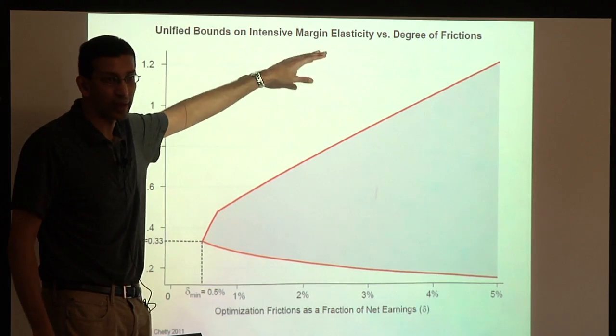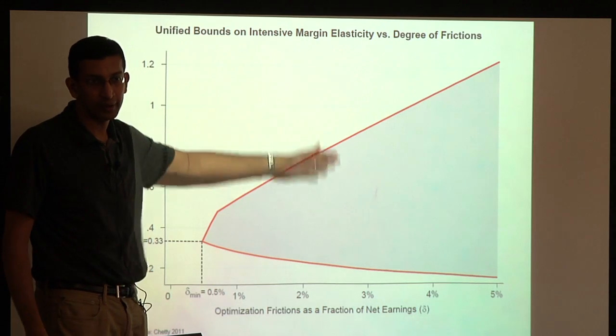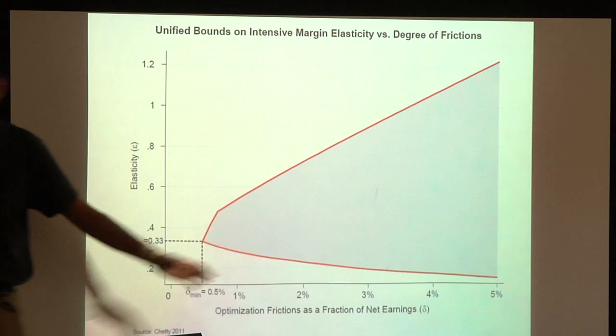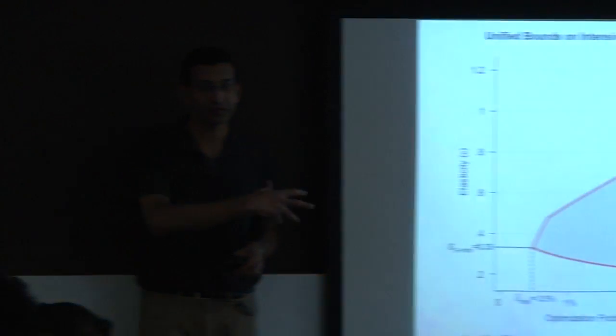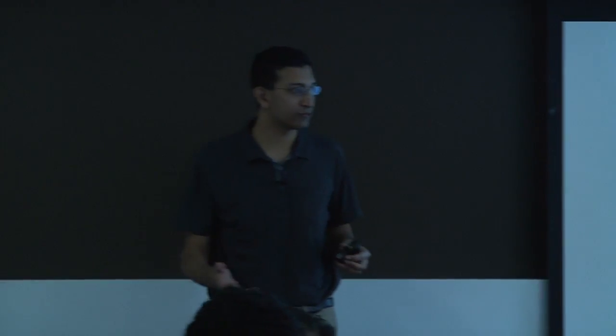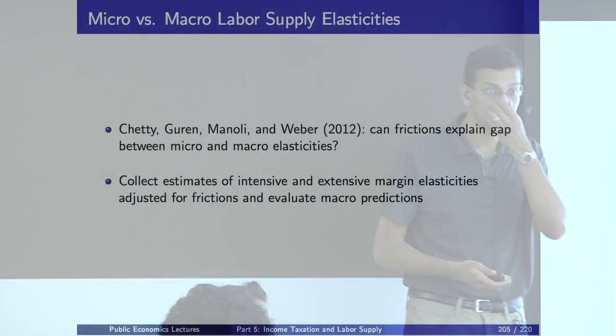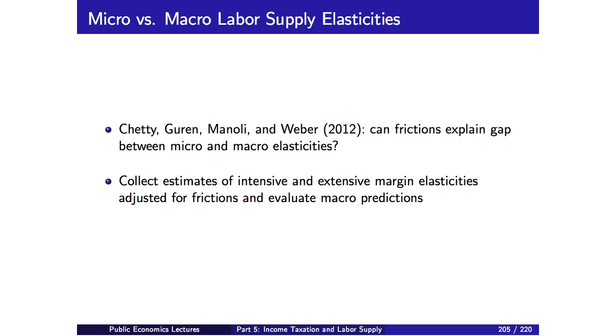In particular, you can rule out elasticities well above 1, and below like 0.15. And that actually rules out some parameters that people use in the literature, like macro models are sometimes calibrated with elasticities well above 1. And what this says is, whatever you think about frictions, given all the available data, it is very unlikely that the true elasticity is above 1. You can't appeal to this as an explanation for large elasticities.